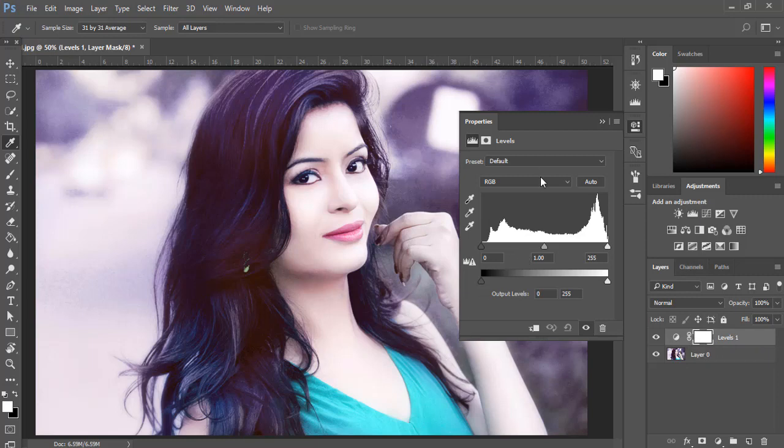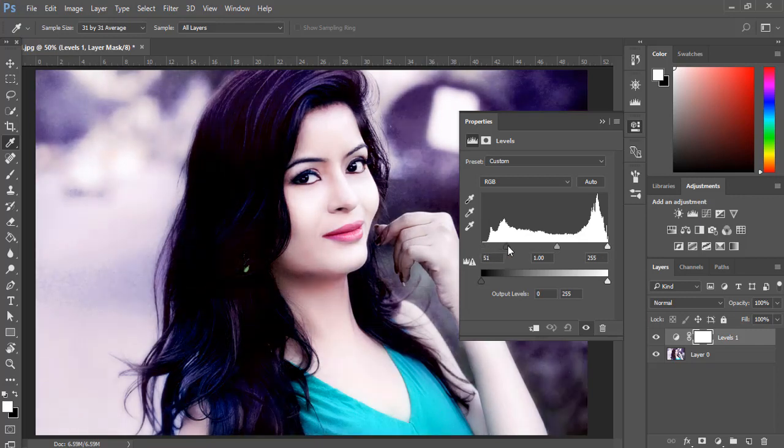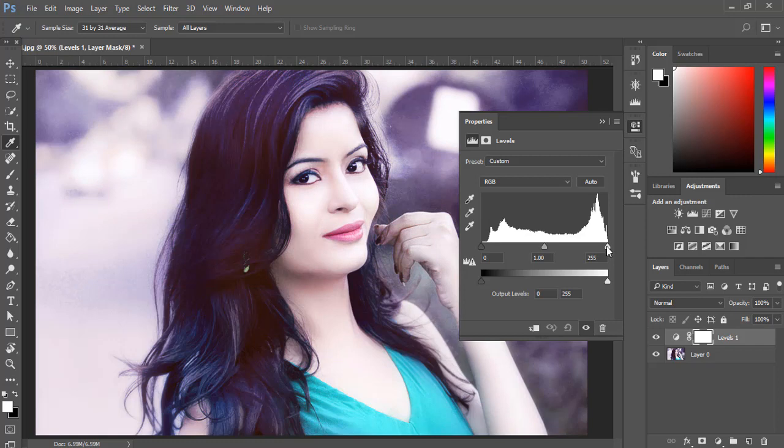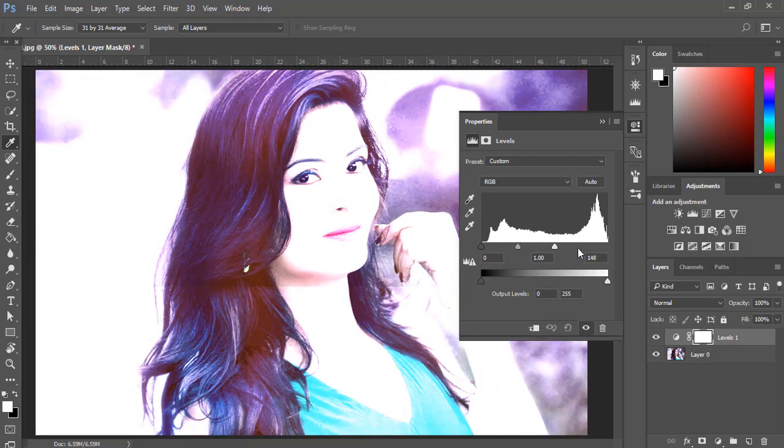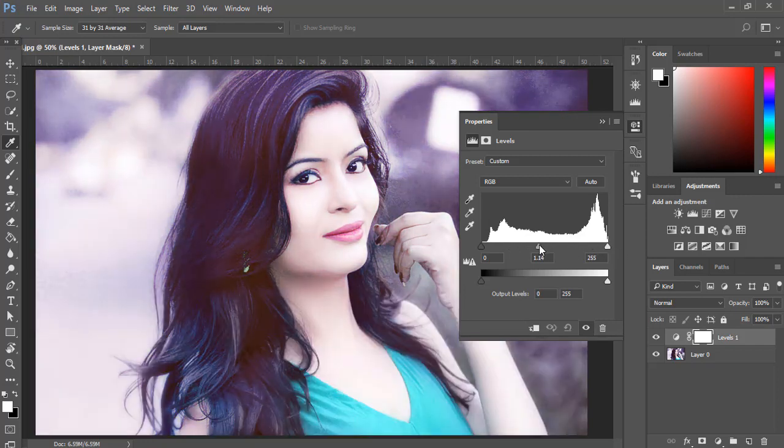First of all, when you open the layer, you can find the levels. There is a white slider and a black slider. When you move one, the brightness is reduced. When you move the other, the brightness goes higher. These are the three points, and this is the midtone point. Like if I have an image with high brightness, but I want to make it lower brightness,